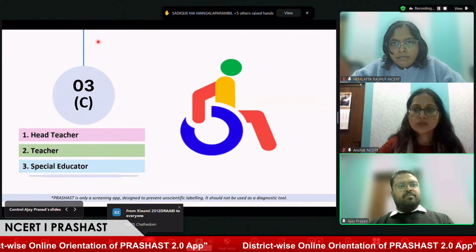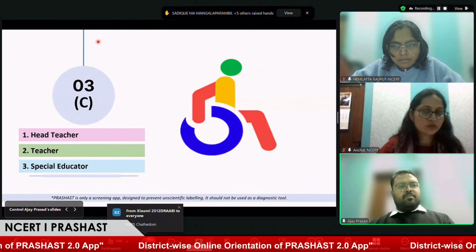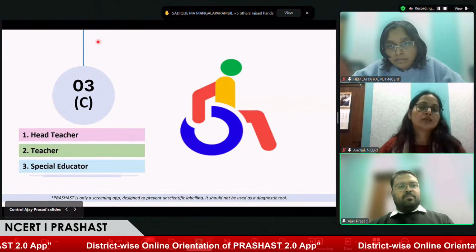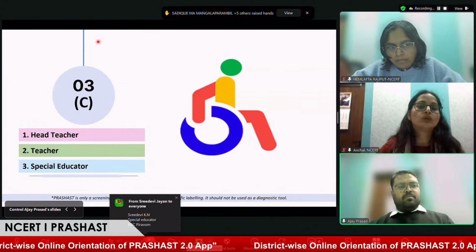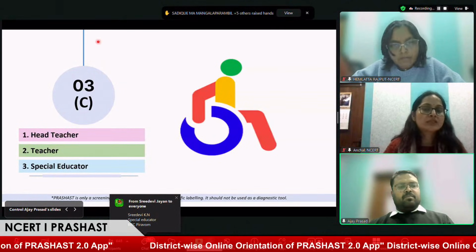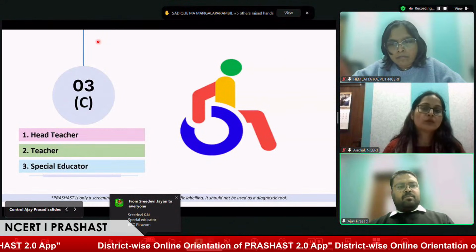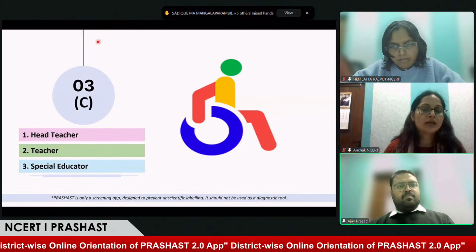Someone is also asking whether only the special educator or headmaster can work on this application. As Hemlatta ma'am already told, there are three stakeholders who collectively work to screen the children at the school level. The headmaster monitors the screening process, verifies the teacher and special educator, and assigns the classes.